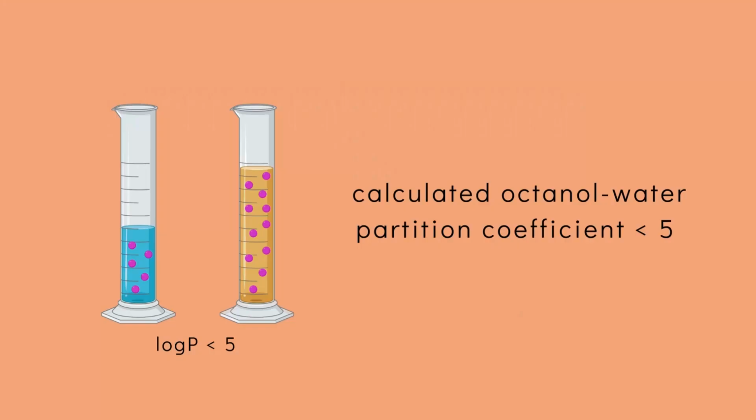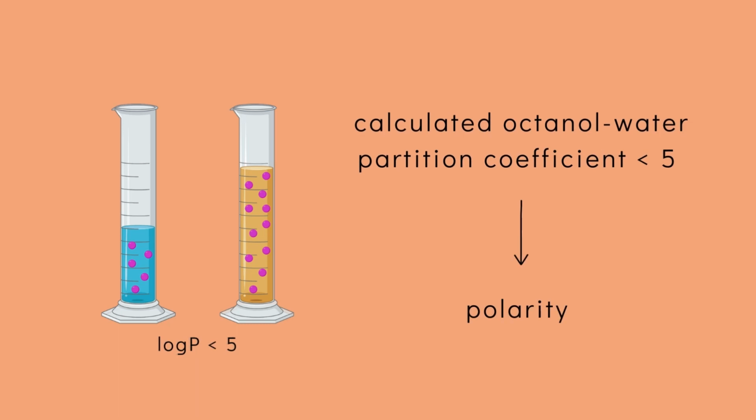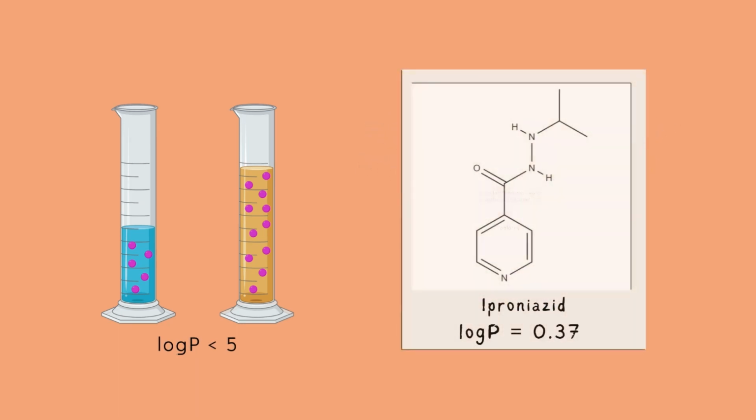This is a good time to talk about Lipinski's rule of 5. And I know we're still technically in the 50s, but let's skip ahead to the 1990s, when chemist Christopher Lipinski created a set of rules to determine the drug likeness of a molecule, based on physical-chemical properties observed in oral drugs approved at the time. For example, he found that most of them had a calculated octanol-water partition coefficient below 5. This coefficient is determined experimentally, and it measures the polarity of a substance. Wouldn't you be surprised to see that Iproniazid is indeed inside this threshold?